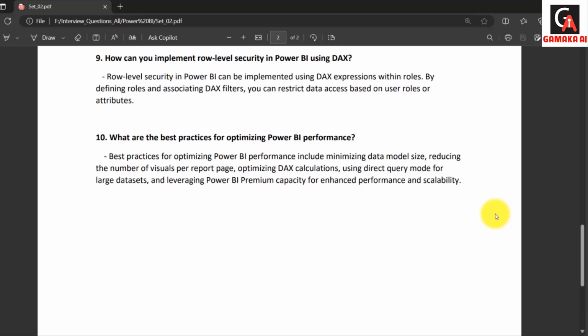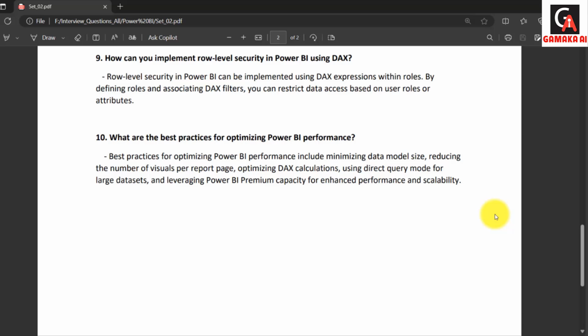This is an often asked interview question for people who are going for a Power BI developer job, and this is a pretty easy question if you know the things. So the best practices for optimizing Power BI performance include minimizing data model size.